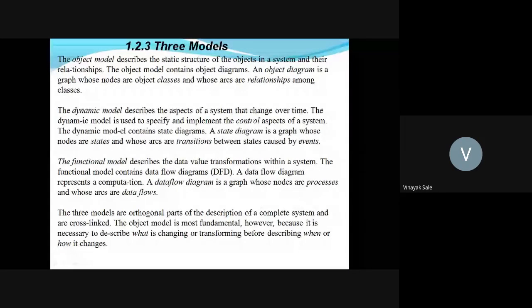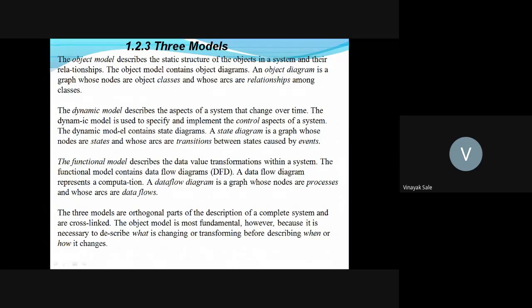The dynamic model is used to specify and implement the control aspects of the system. The dynamic model contains state diagrams. A state diagram is a graph whose nodes are states and whose arcs are transitions between the states caused by events.